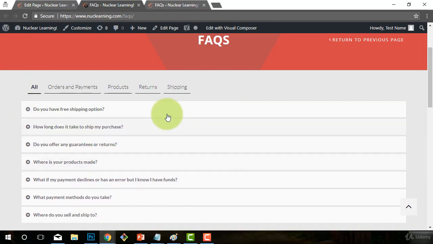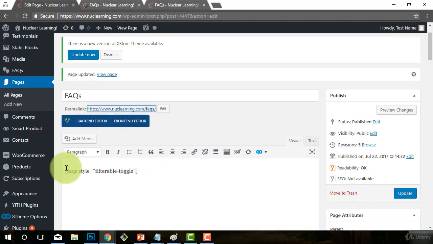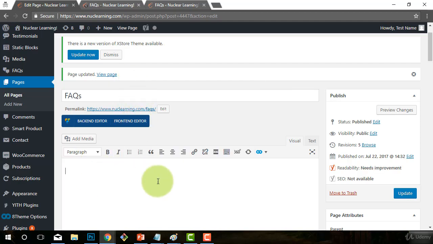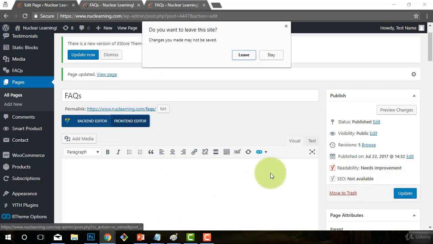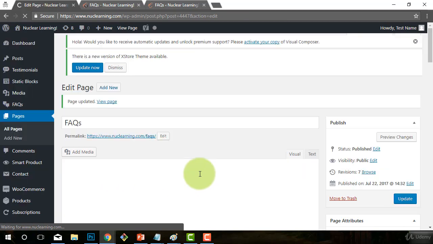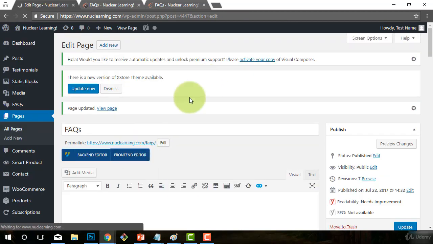Okay, so let's first go back to the page, and now we know we have this shortcode that works, but I want to use the Visual Composer to be able to actually edit this. So what I'm going to do is highlight this and cut it, so that it's not in there. And then I can either use the front end or the back end editor. Let's do the front end editor this time. Actually, let's stay because I need to save that I cut that first, and then we'll do the front end editor,